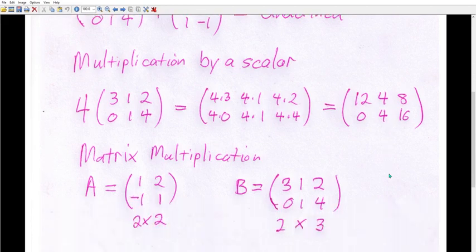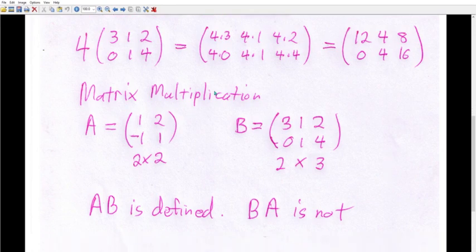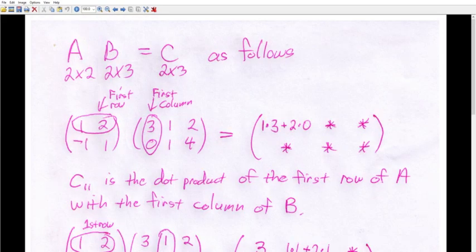Now, the last operation, which is much more complicated, is matrix multiplication. And the matrices don't have to be the same size, but they have to be compatible, and we'll see what that means in a bit. So here A is a 2 by 2 matrix, B is a 2 by 3 matrix, and it turns out that A times B is defined, but B times A is not. We multiply A and B together to get C,